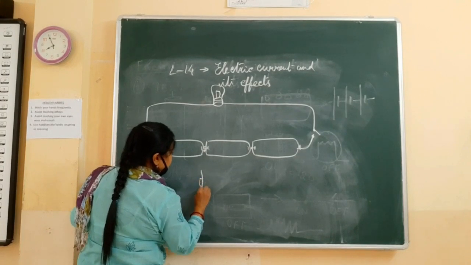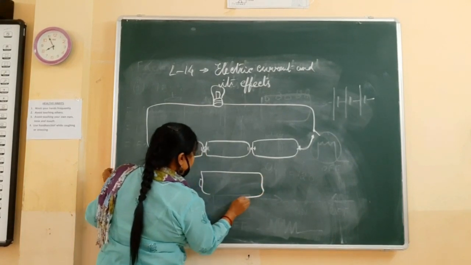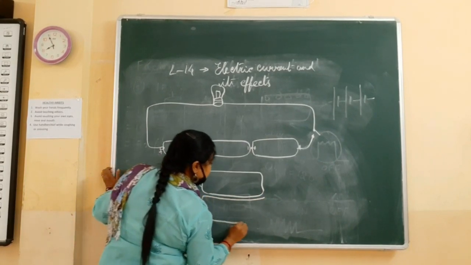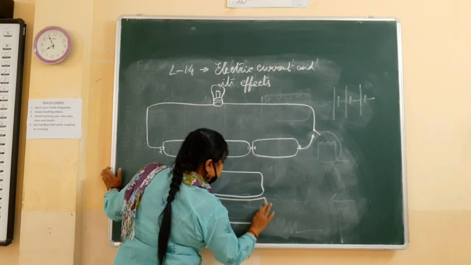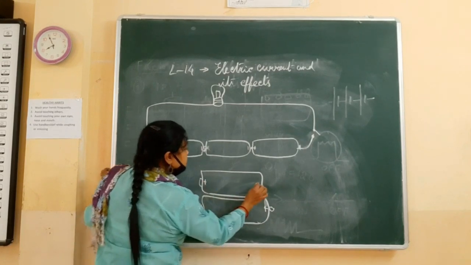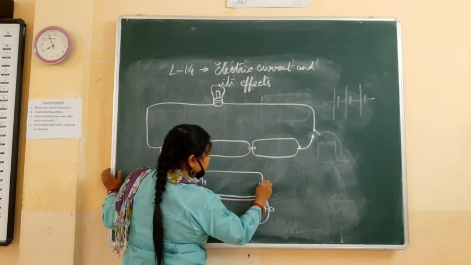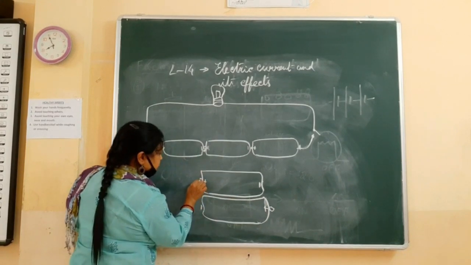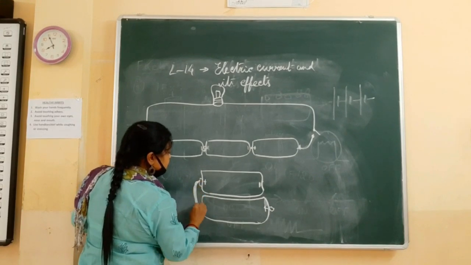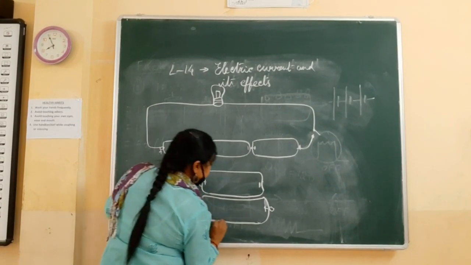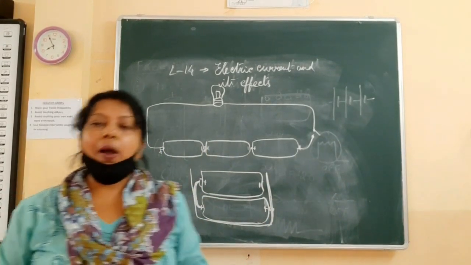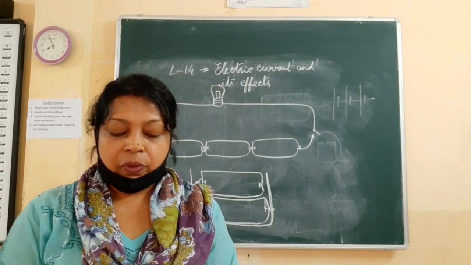In the TV remote control card, a positive terminal and another cell are connected in this way. So this is the positive terminal, negative terminal, positive and negative. Here the positive terminal is connected to the negative terminal with the help of a metal strip, and they are connected in a cell holder. So I think it is clear to you now.